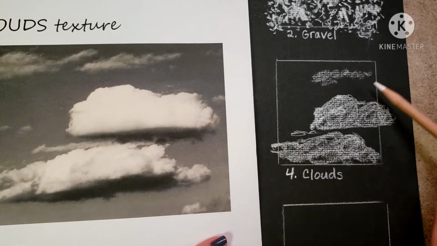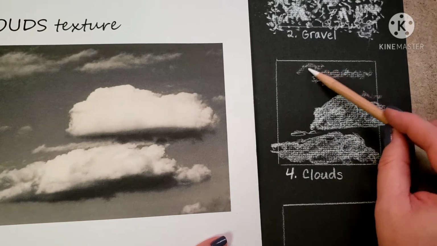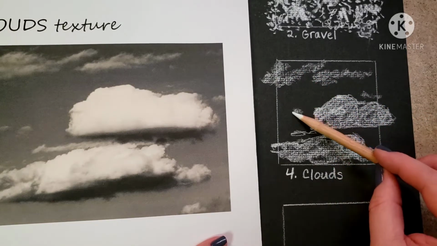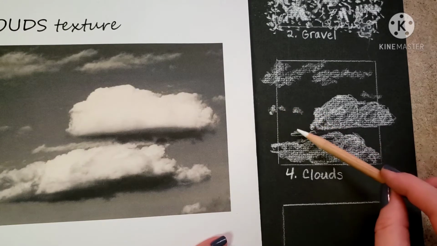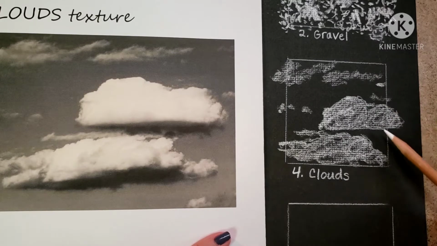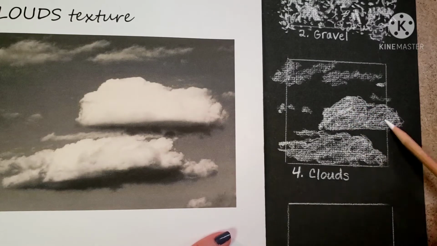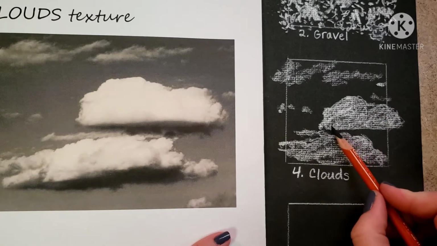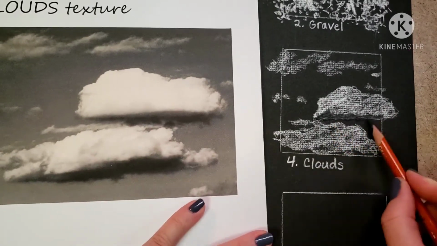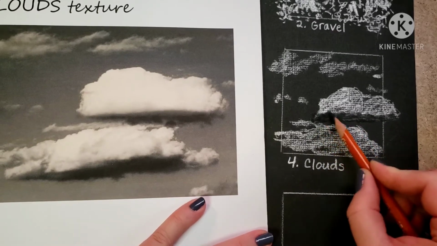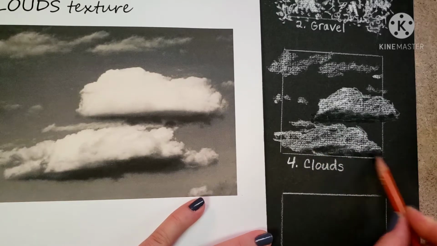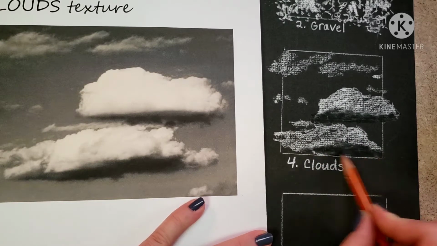Some wispier clouds up here. Some little ones here. So I'm just interpreting what I see. I'm not pulling from my imagination. All right, I'm going to bring some black in here. Down here is pretty dark. So by starting off with some black, yes, there's black in the clouds. Same thing down here. Side of the sharpened pencil allows you to